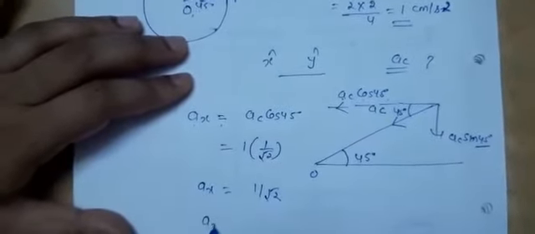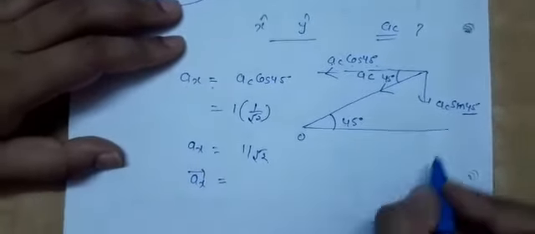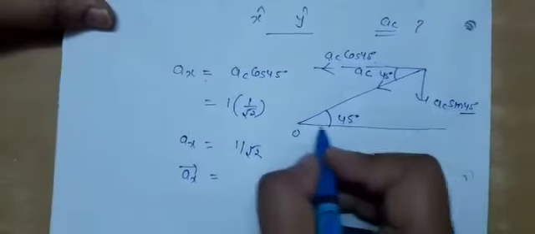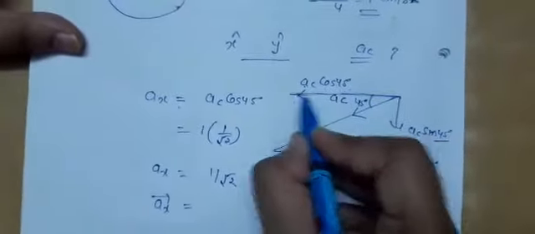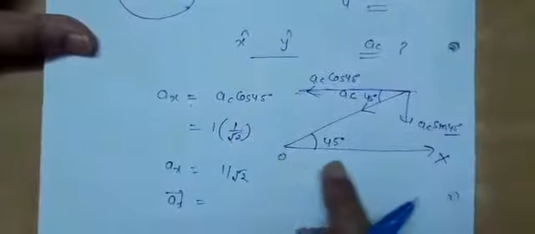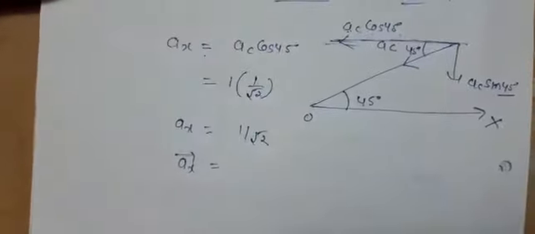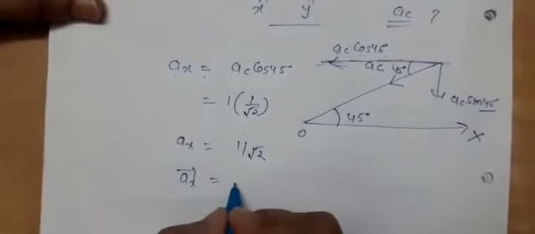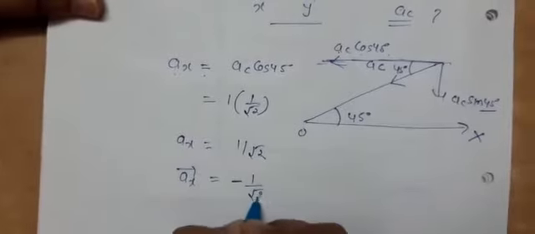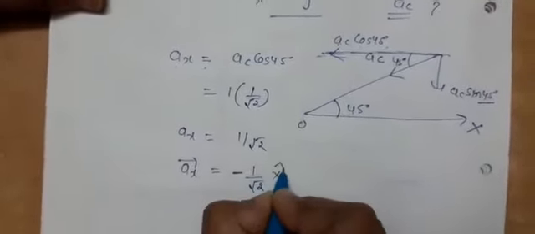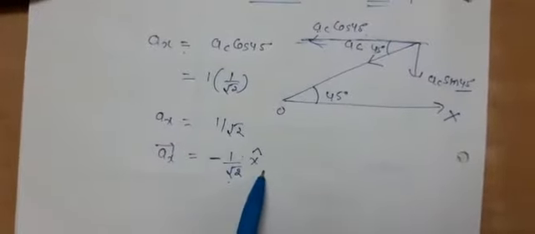अब हम AX को अगर वेक्टर फॉर्म में लिखना चाहें तो क्या लिखेंगे? अब ध्यान से देखना है हमें. Because see, this is O to this is positive x. अब ये जो कंपोनेंट है ये नेगेटिव एक्सिस की अलग हो गया. देखिए इस तरफ पॉजिटिव एक्स एक्सिस, ये वाला कंपोनेंट नेगेटिव एक्स एक्सिस की तरफ. तो ये डायरेक्शन नेगेटिव की हम कैसे दिखाएंगे? माइनस साइन के साथ. और एक्स एक्सिस की डायरेक्शन कैसे दिखाएंगे? एक्स कैप के साथ. सो माइनस 1 बाय अंडर रूट 2 एक्स कैप.